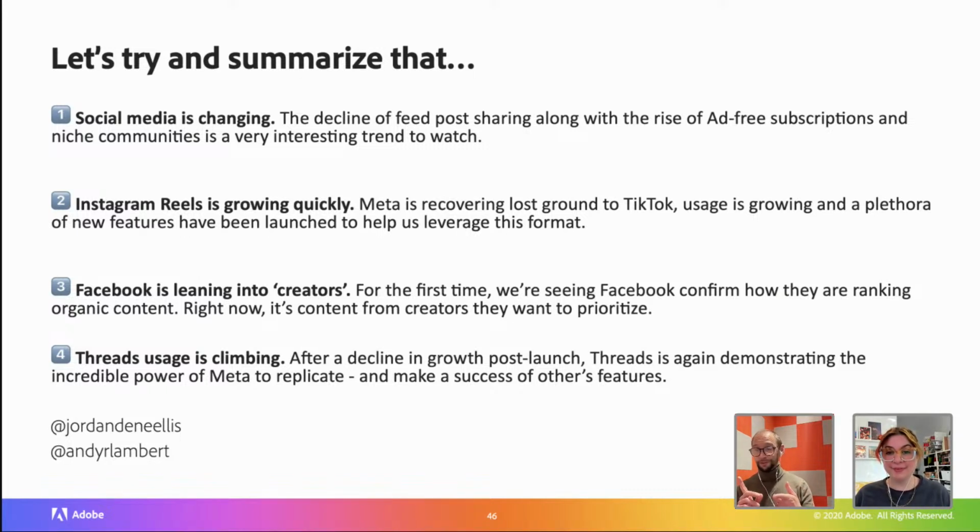They made it work for Reels. They made it work for Stories. Why won't they make it work for Threads as well? So yeah, definitely want to keep an eye on that, but we'll be sharing updates around that every month next year too. But that is the last of the updates for this year, actually.